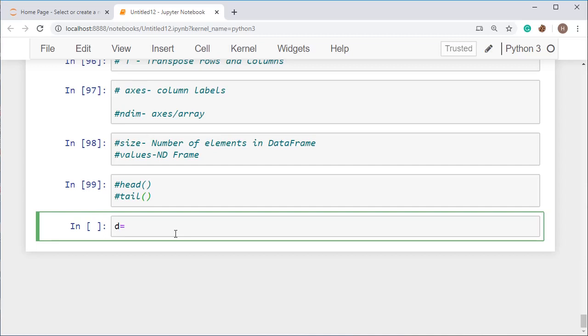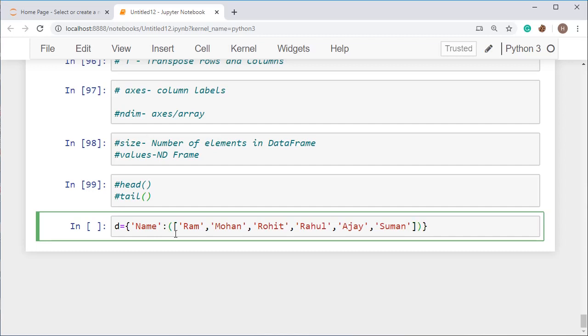So let's create it quickly. Take the first column as name and put the values in a list: Ram, Mohan, Rohit, Rahul, Ajay, Suman. I have taken 6 names, that is enough.